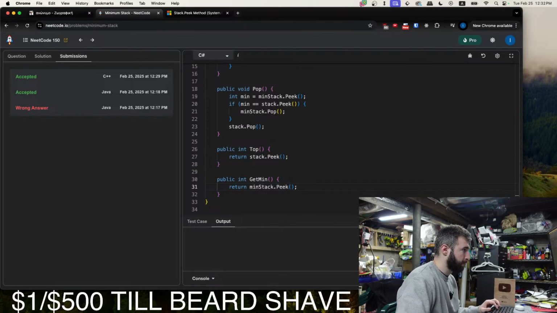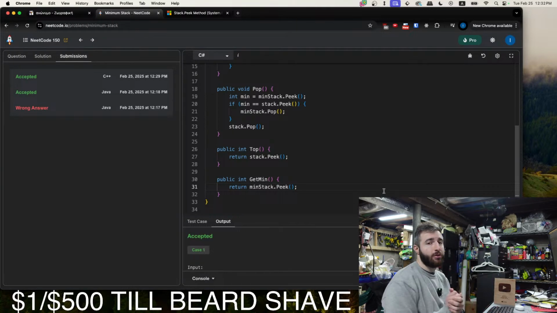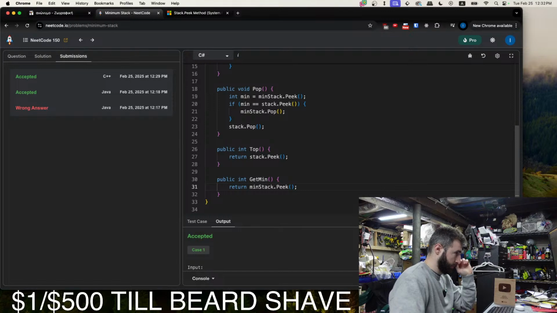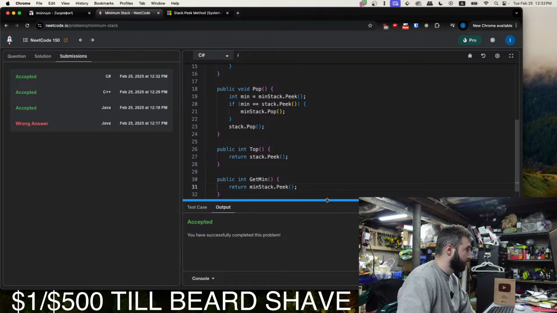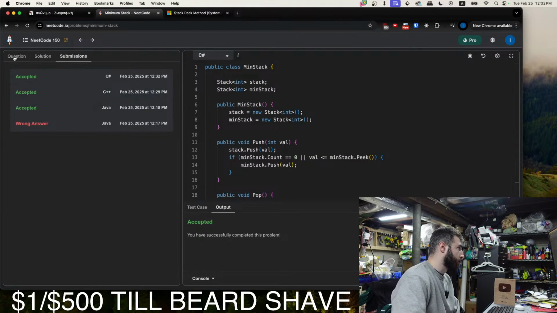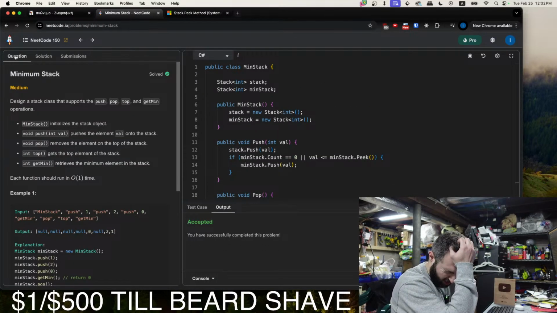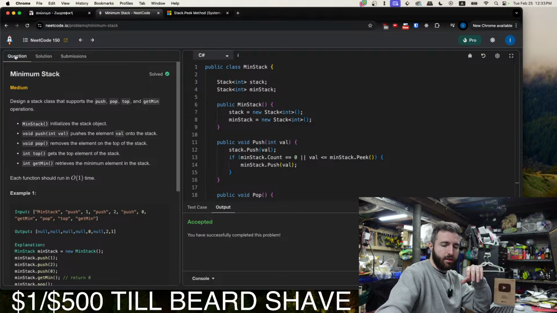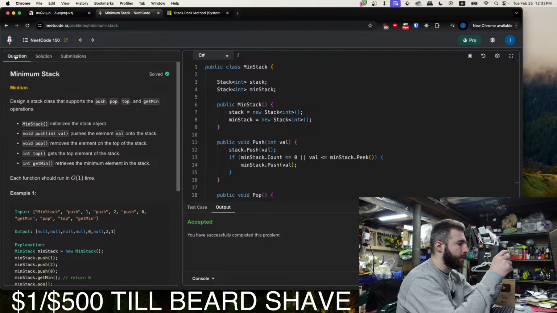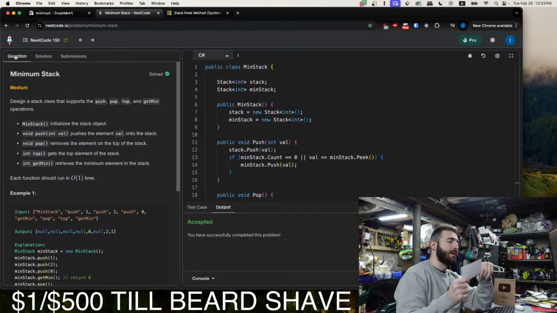Run. Hey, let's go. First try, no compilation errors. And submit. Let's go, baby. Too easy. No, but coming up with the solution to this, coming up with the stack, having a min stack, and the way it works, I just didn't think it would work because I thought it wouldn't correctly track the minimum element at any given moment. But it does.